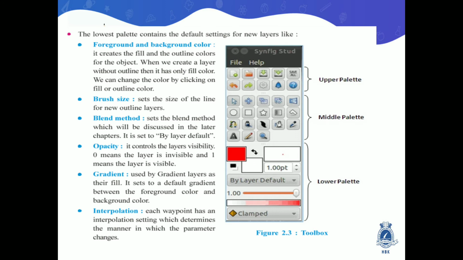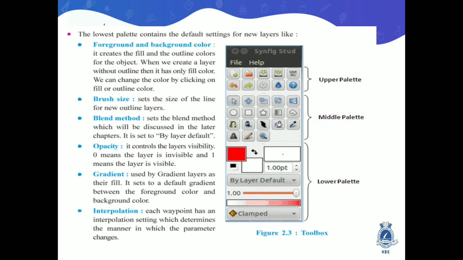Gradient is one type of layer which is used to mix two or more colors, used for the foreground color as well as the background color. It means we are mixing two or more colors in a single area, which we call a gradient. In the syllabus, in chapter number 3, there are 4 types: conical, radial, spiral, and linear. These 4 types are there for the gradient. Again I tell you, gradient means a mixture of 2 or more colors for the background as well as the foreground.